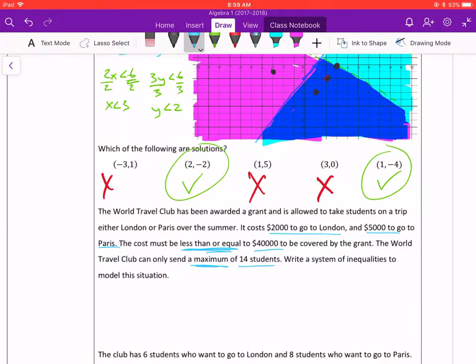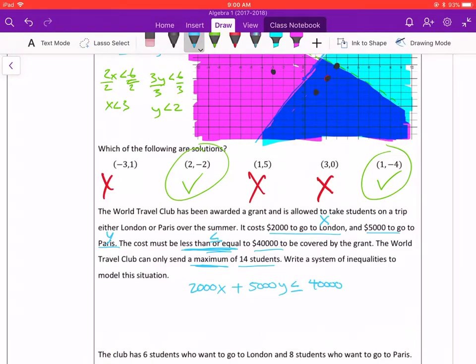Well, $2,000 to go to London. Let's just say L for London. And actually, let's use X for London and Y for Paris, just so we can put it in the calculator to graph this. 2,000x plus your trip to Paris, so $5,000 for every student that's going to Paris. However many that is, Y, whatever it is, you will multiply it by 5,000, so 5,000y. The cost must be less than or equal to